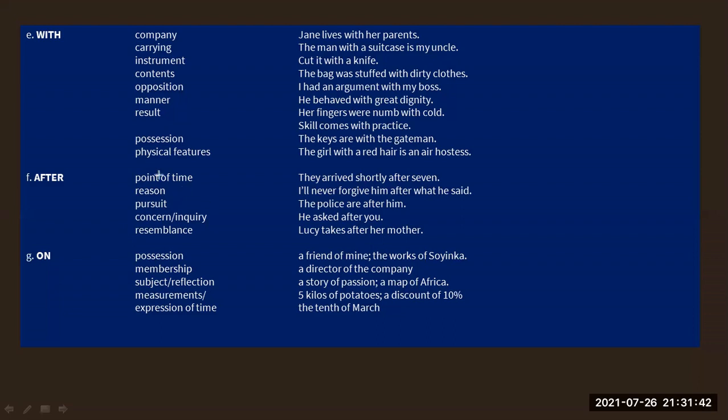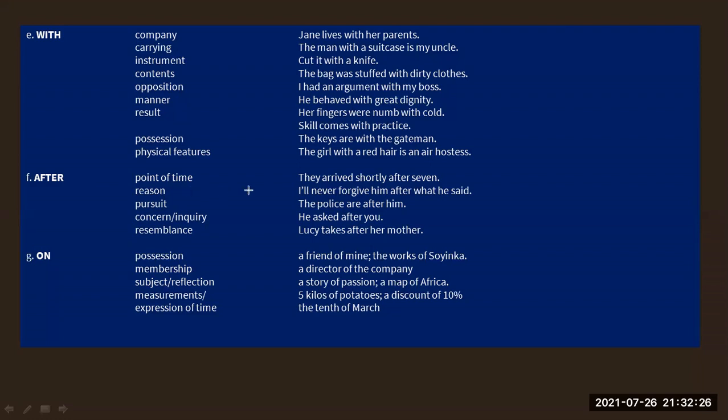We have talked about using for to indicate reason or results. All right, but again here we're using after to indicate that. We used before to indicate point of time. You can say they arrived shortly after 7 or they arrived shortly before 7. So you can see that different prepositions can be used to indicate a particular idea, but then there will be